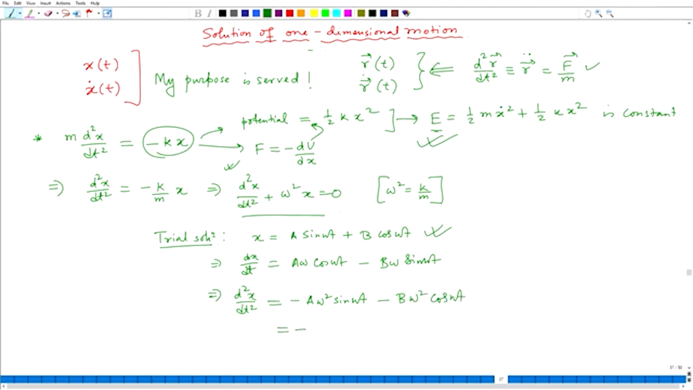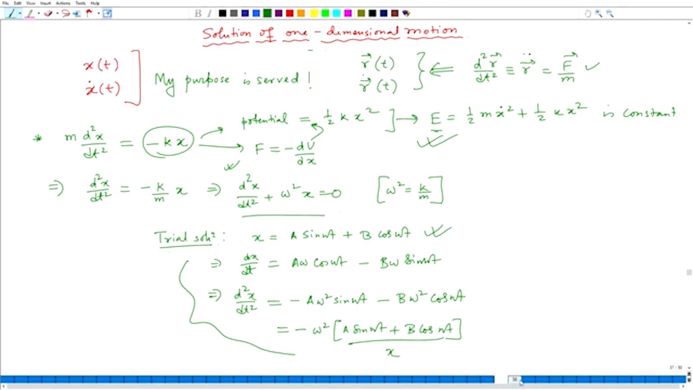Then of course, minus omega square common, you have a sin omega t plus b cos omega t, and this is nothing but your x. So, you know that this solution actually satisfies this equation, d2x/dt2 is equal to minus omega square x. Okay. Now, the point is that if we want to solve it more directly,